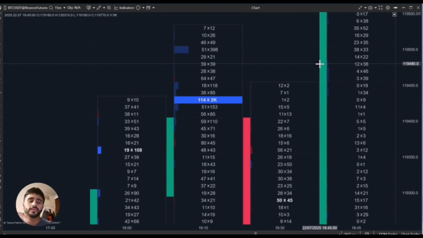Those are kind of live orders. They're going in with market orders. They're looking to sell at market prices. So on Bitcoin futures, this is going to be whatever that is, 119,430. We can see that there's significantly more market participants hitting the right number, which is the ask, right? 114 for 2K. That is a very large difference, hence why you see a very highlighted region over here, a